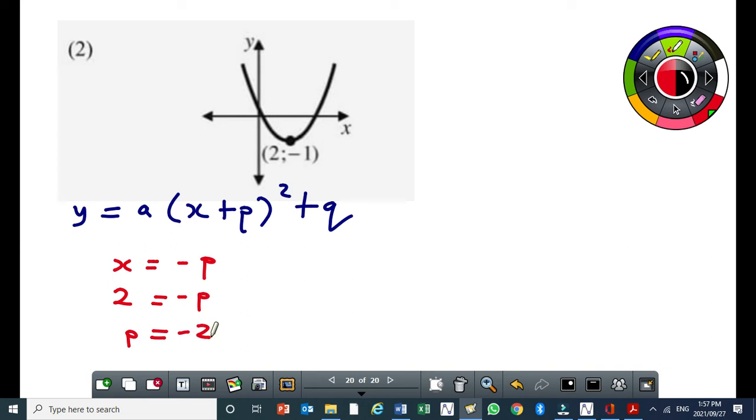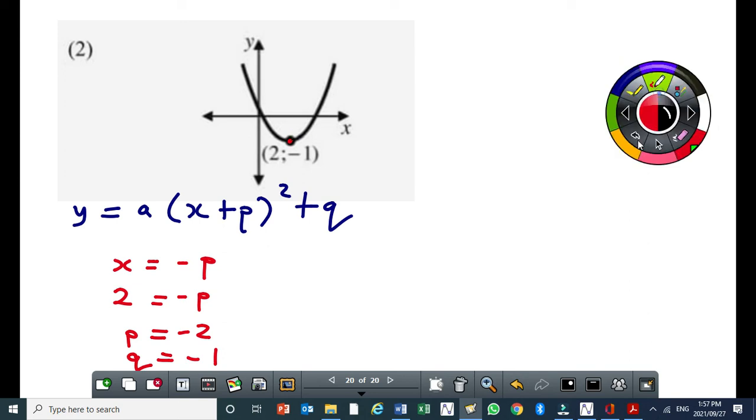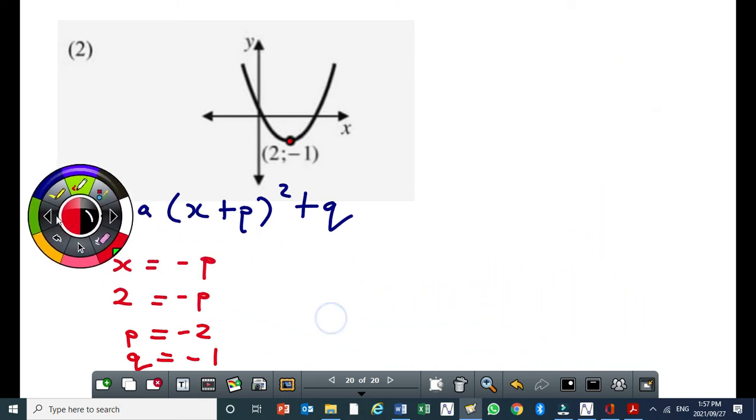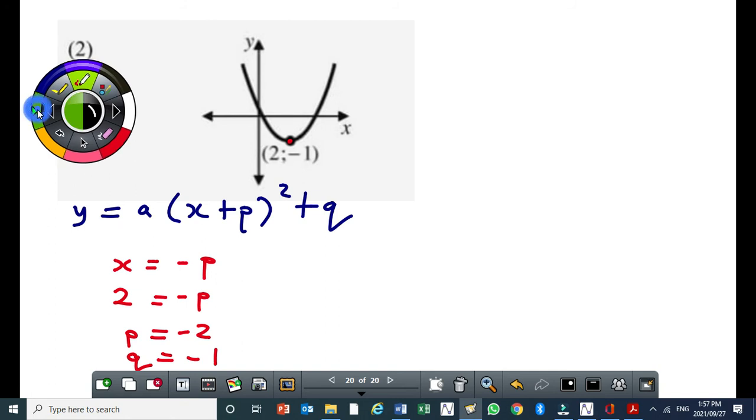Right? Now it's very important for you to determine P correctly. Our Q is very straightforward. It's minus 1. Q is the value of y here at the turning point, which is minus 1. P is not 2. P is negative 2. Okay, be aware of it. P is going to be negative 2. So you can easily make a mistake here. And I'm saying this from experience, right? You can easily make a mistake there of that sign,